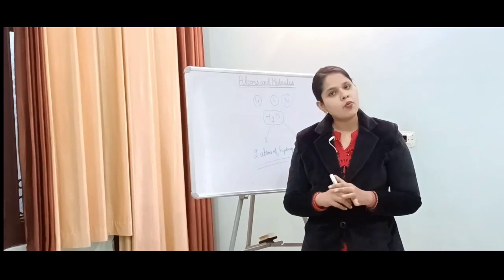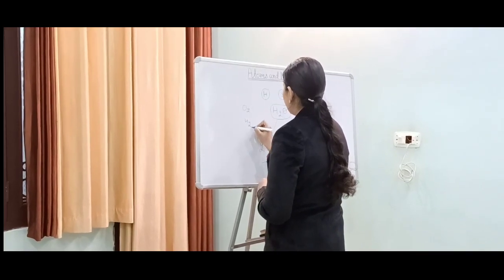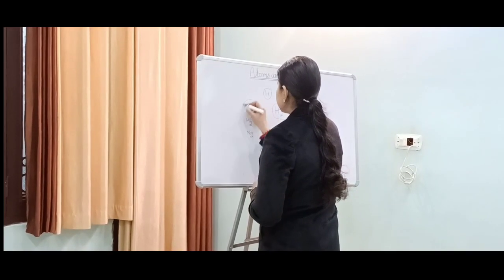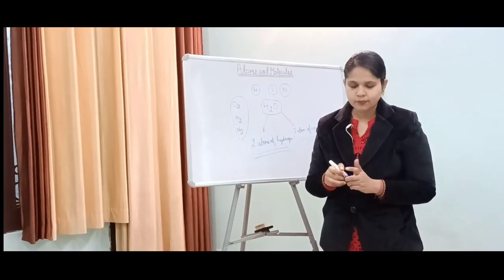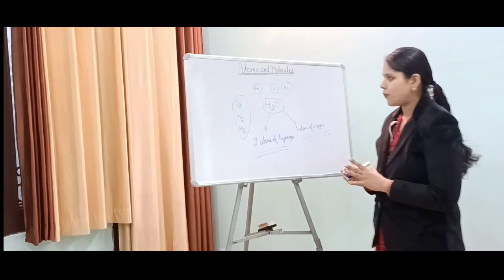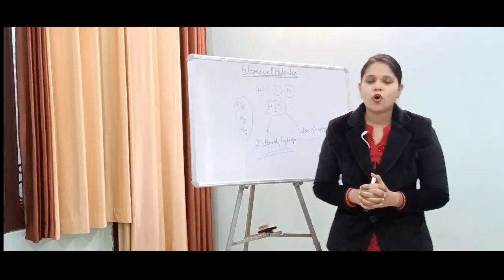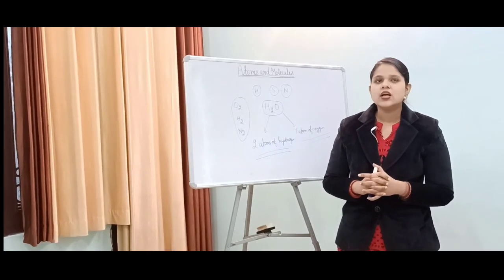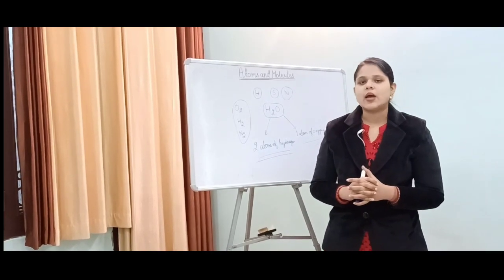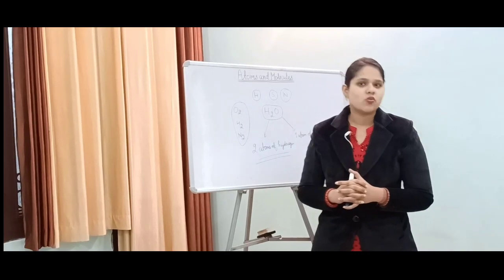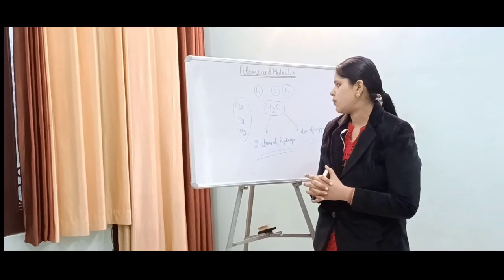Atoms exist in molecular form, like O2, H2, N2; all exist in the molecular form, not in the atomic form in the universe. Under this atoms and molecules topic, we'll learn about Dalton's atomic theory, atomic masses, molecular masses, the law of conservation of mass. Then we'll learn about valencies, writing chemical formulas, and the mole concept, which is a very important topic of this chapter, and some more things in this chapter.